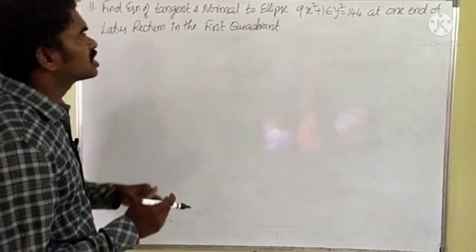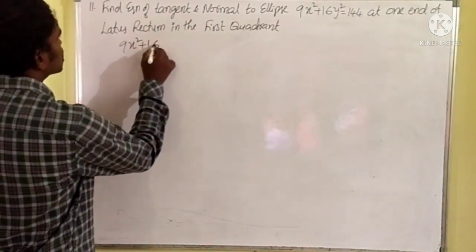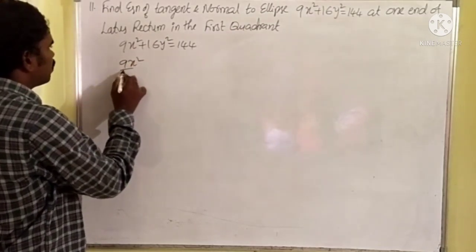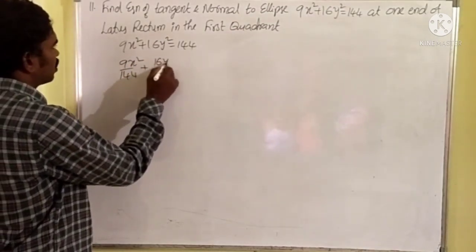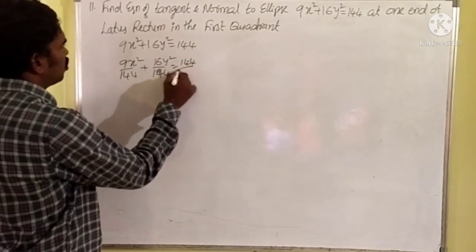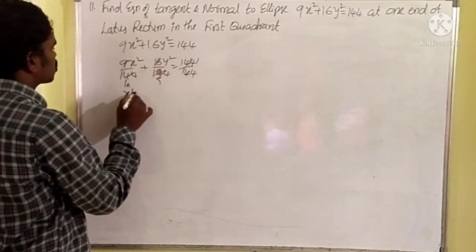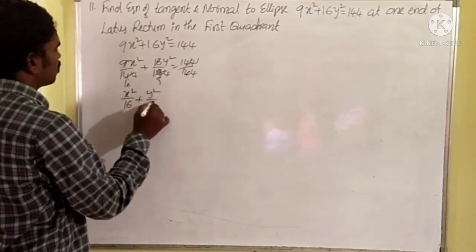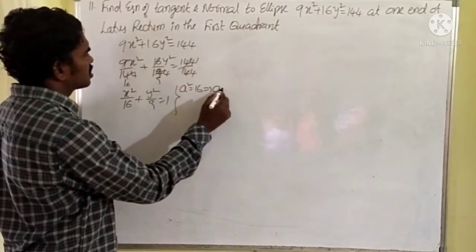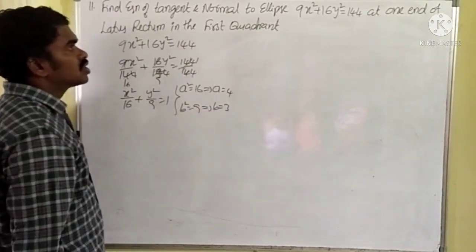First let us simplify the given equation of the ellipse. So that is 9x square plus 16y square equal 144. Simplify this. So many times this equation of the ellipse is repeated. Am I right? So 16 9 goes 9 16 goes, so x square by 16 plus y square by 9 equal 1. So a square is 16, a is 4, b square is 9, b is 3. So now see the question.